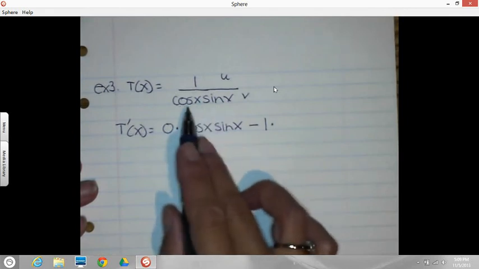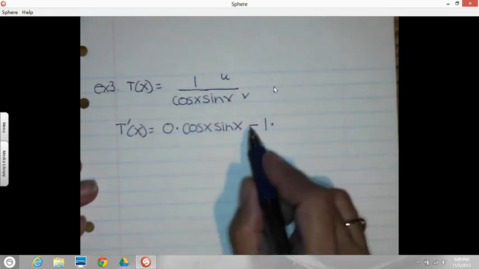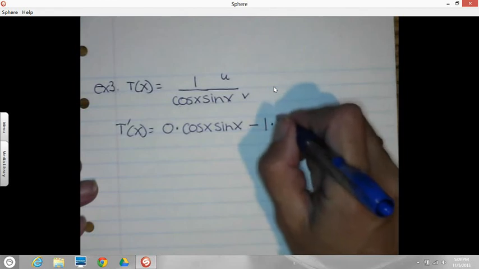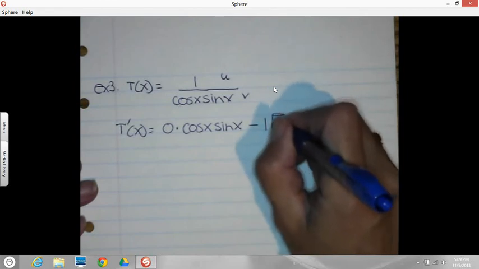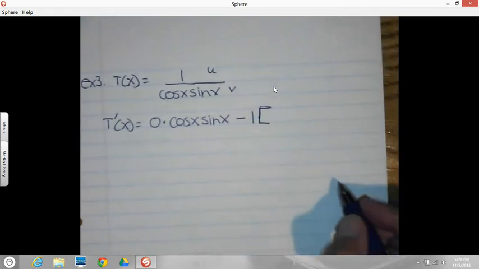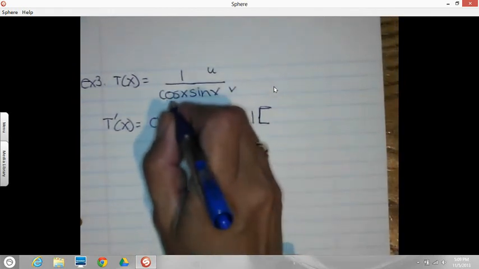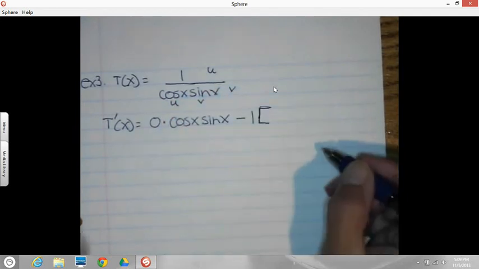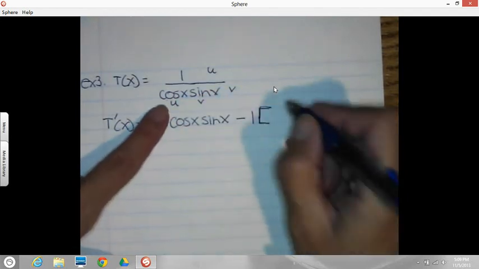Well, because the bottom is a product, and I've got to subtract out in front of it, I better not forget these brackets, because the negative 1 is going to have to get distributed in. That's the trick to this one. So now my product rule, I've got a u and a v. So I take the derivative of the u, which is negative